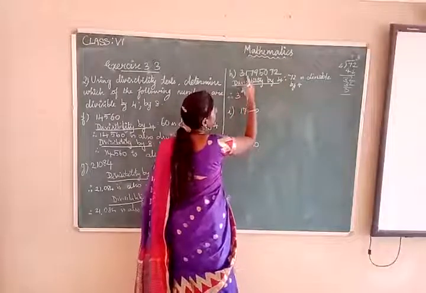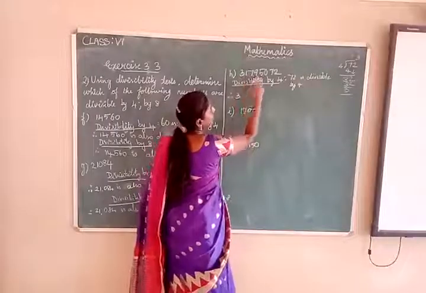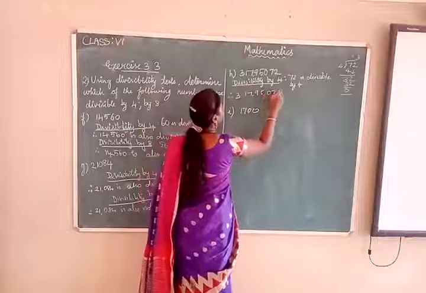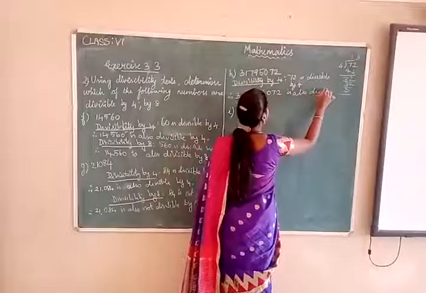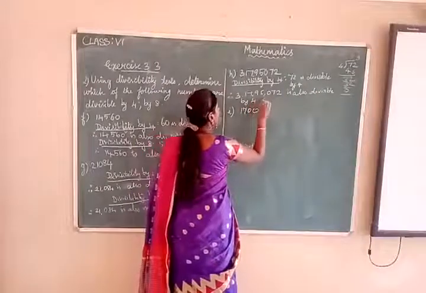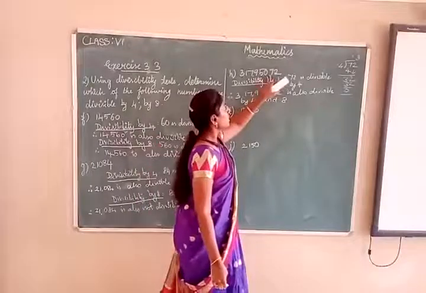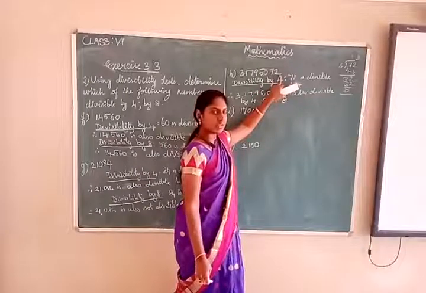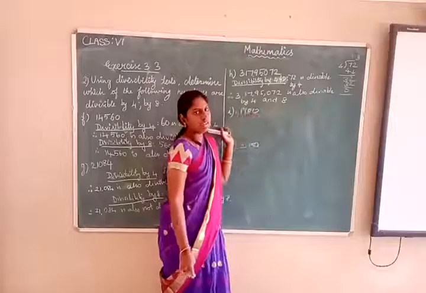Therefore, what number is this actually? 3 crores 17 lakhs 95,072. So this number is divisible by 4 and 8 also, because here it is 072. Is 72 divisible by 8 or not? Yes, 8 9s are 72. So it is divisible by 8 also. You can write the common topic as divisibility by 4 and 8.